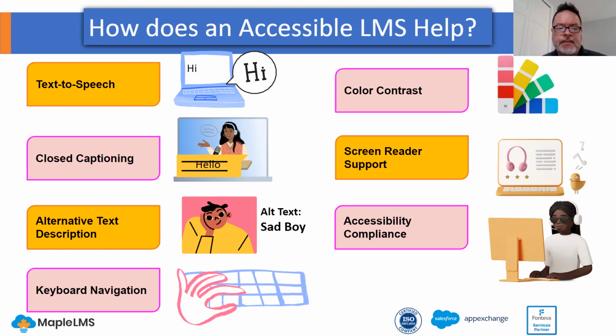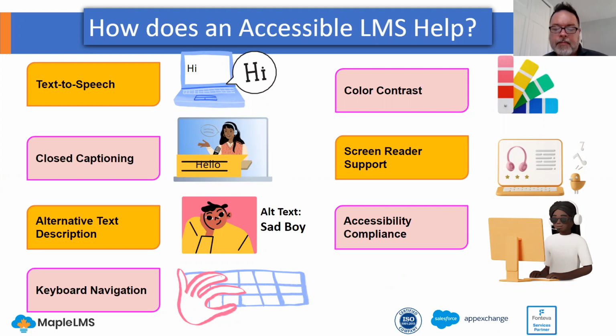Examples of assistive technology include screen readers for the visually impaired, speech recognition software for individuals with physical disabilities, and adaptive keyboards for individuals with fine motor difficulties. The goal of assistive technology is really to provide individuals with disabilities the necessary support to fully participate in all